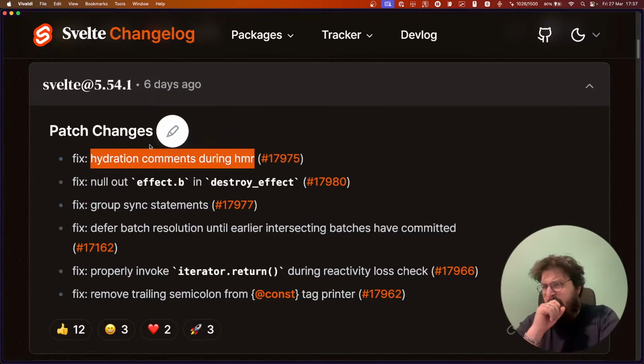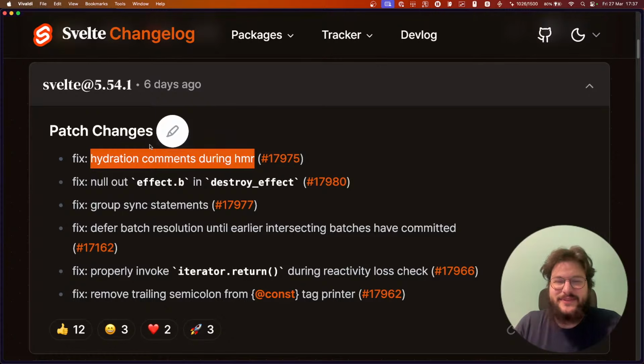So, next: null out effect.b in destroy effect. You may think, what even is effect.b? An effect in Svelte is effectively, pun intended, just an object.